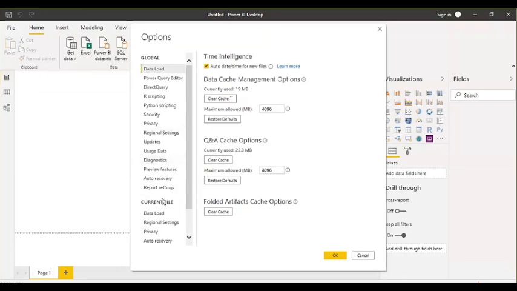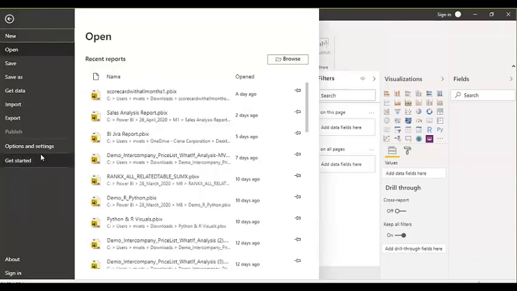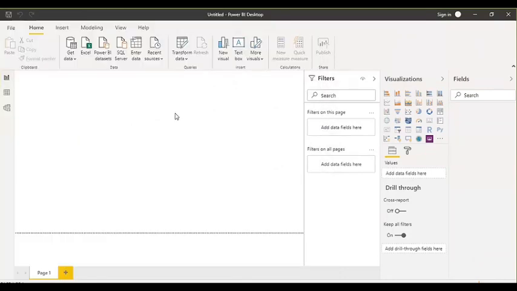So basically, whatever setting you want to change for your product, for Power BI Desktop, this is the place where you need to come. Once again I'm telling you how to come here. Go to File, Options and settings. Most of the things we can control from that settings window. But as of now, you just need to make sure that all the preview features are enabled or not.